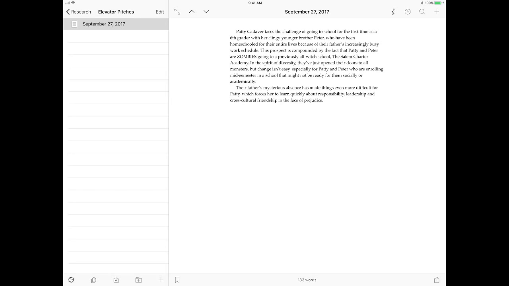Patty Cadaver faces the challenge of going to school for the first time as a 6th grader with her clingy younger brother Peter, who have been homeschooled for their entire lives. Until now, I got an error in here, because of their father's increasingly busy work schedule. This prospect is compounded by the fact that Patty and Peter are zombies going to a previously all-witch school, the Salem Charter Academy. In the spirit of diversity, they've just opened their doors to all monsters, but change isn't easy,